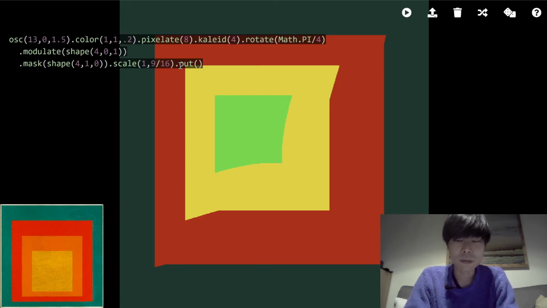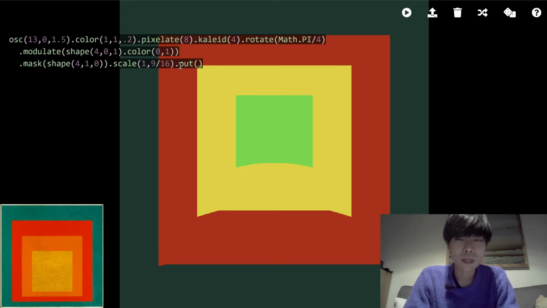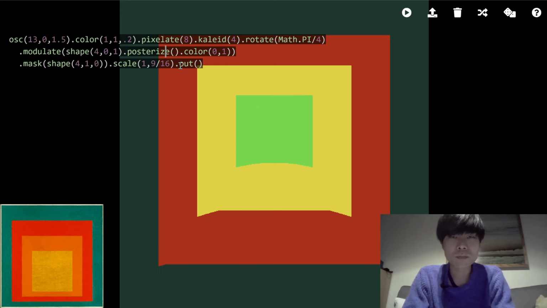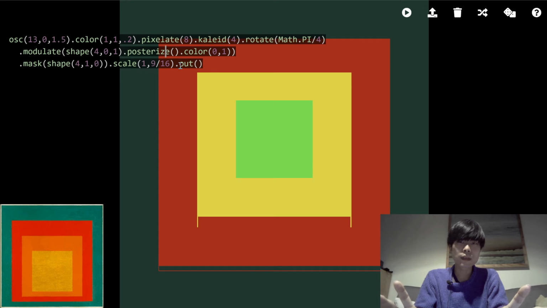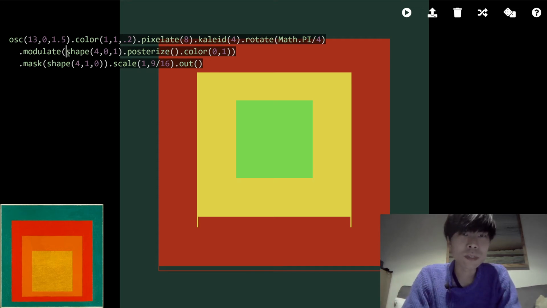Oh, is it the same thing? It's the same thing, except if I do posterize, yeah, if I do posterize, then what you see actually is something like